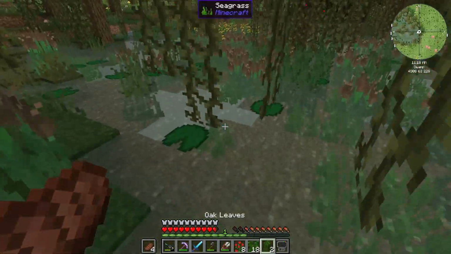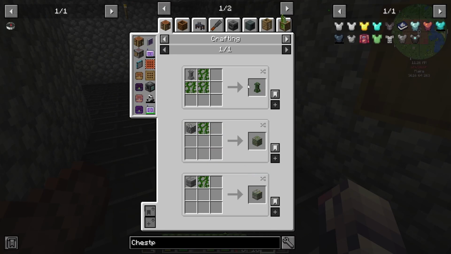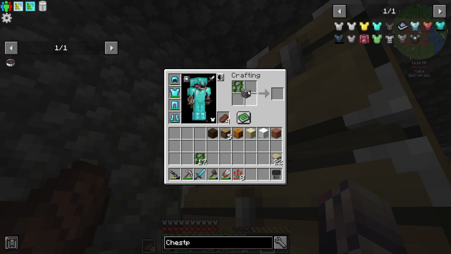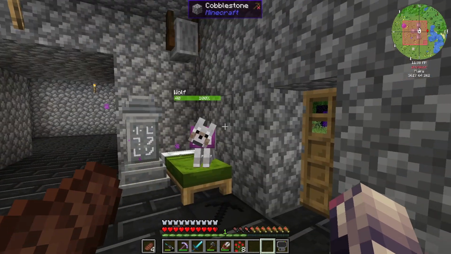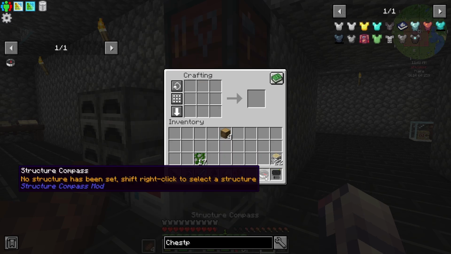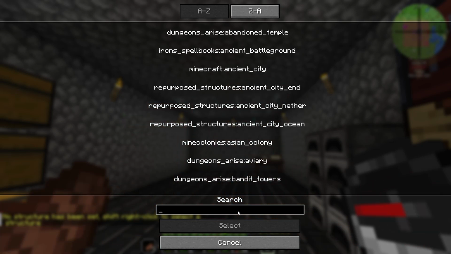So, okay, let's get back home, and let's get the cobblestone that we need, and then a normal piece of cobblestone, and then a compass. Okay. Structure compass. So with this, we're going to basically be able to find any structure that we want to